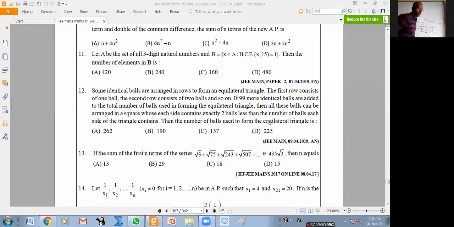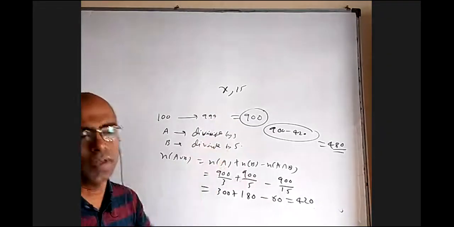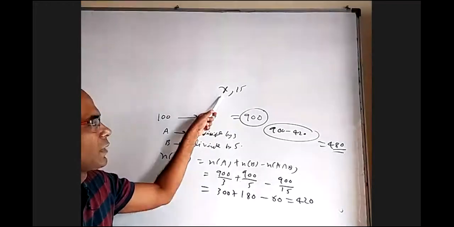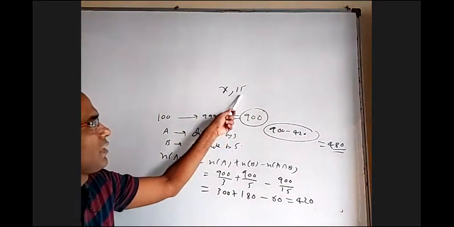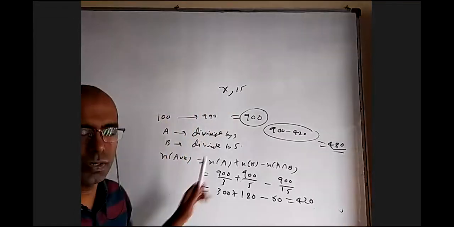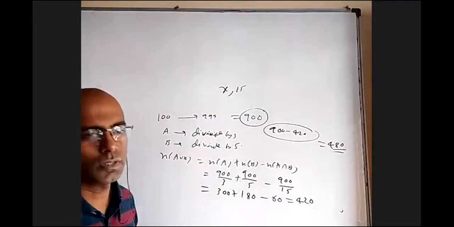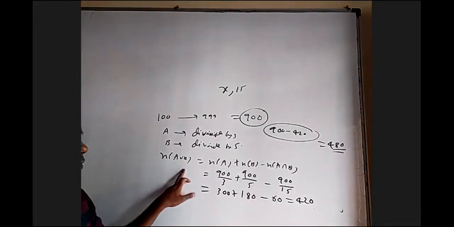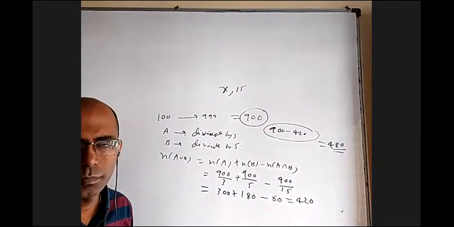Sir, can you explain it once again? Okay. If you read the question carefully, they want x and 15, the highest common factor should be 1. That means they should not have any common factor, basically. So if 3 divides this, it should not divide that, because if that is also divisible by 3, the HCF will be 3. Same with 5. No divisor of this should be a divisor of that. They should not have a common divisor. And the divisors of 15 are only 3 and 5. So I found which are multiples of 3, which are multiples of 5, or both, n of A, n of B. I got this number that I have to remove from the total.